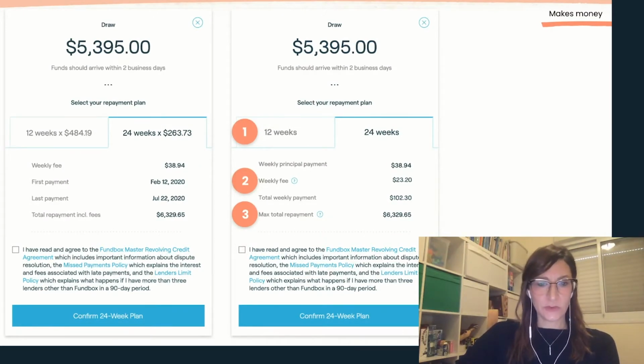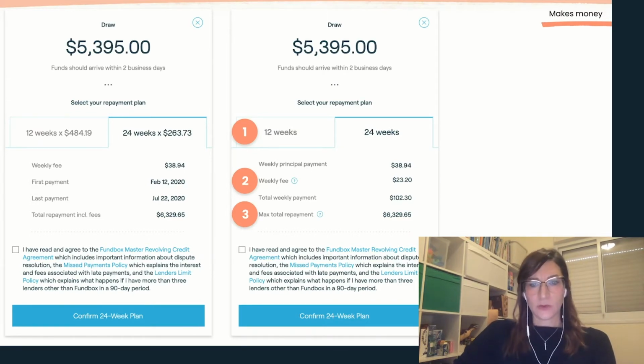And the third thing we did was tweak microcopy by adding the word max. Max total repayment is if you add up all the weeks that the user would be paying, how much would it cost them? So here the user feels that they take $5,395, and over the course of 24 weeks, if you look at the repayment plan on the right here, they're going to pay us back